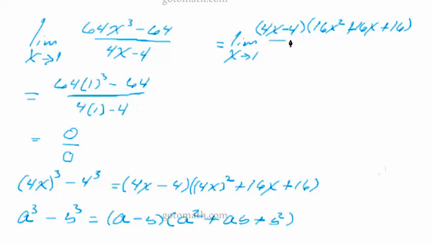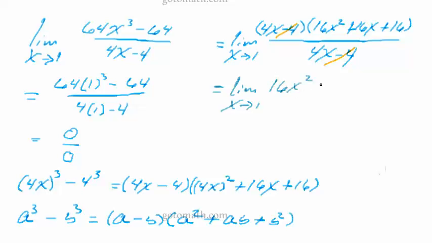Okay? And that's all over 4x minus 4. Now we can cancel out these two because they're like terms and rewrite, and so we end up with the limit as x approaches 1 of 16x squared plus 16x plus 16, and we can now do the direct